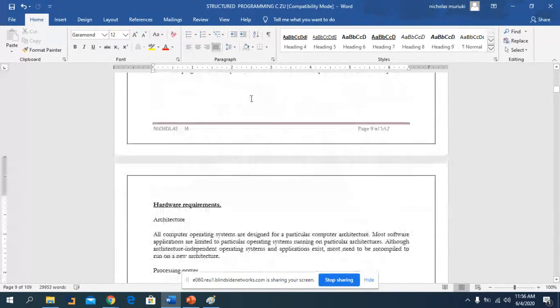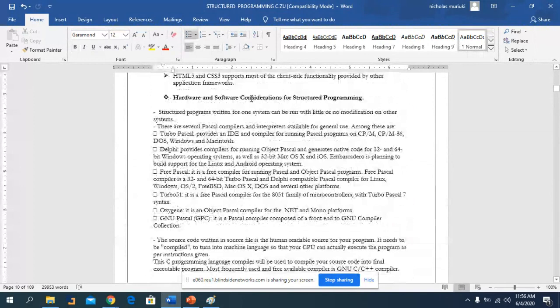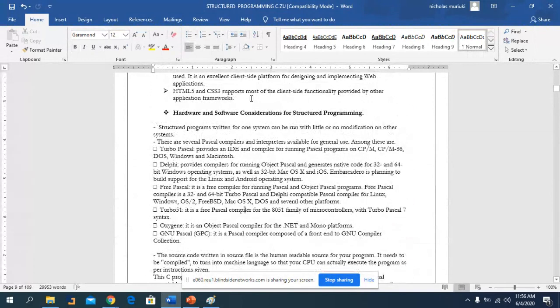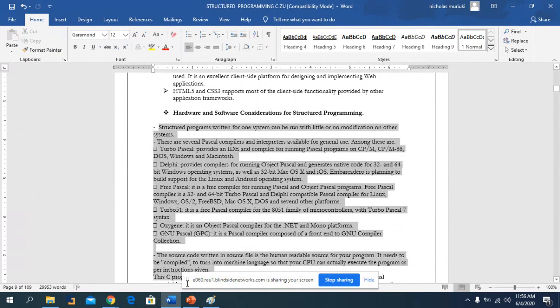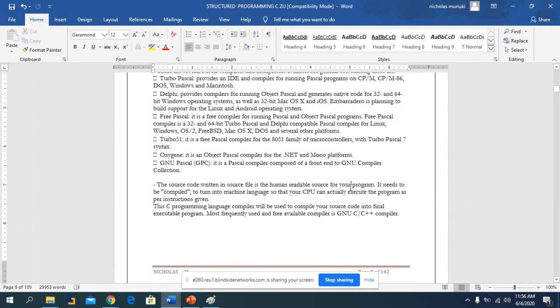Then the other thing that we need to understand within programming before we start programming is what you call the hardware and software consideration. I want you to avoid all these, and just understand one thing. We need an IDE, integrated development editors. And the editor that you can use, mostly for C language, we'll be using an editor called